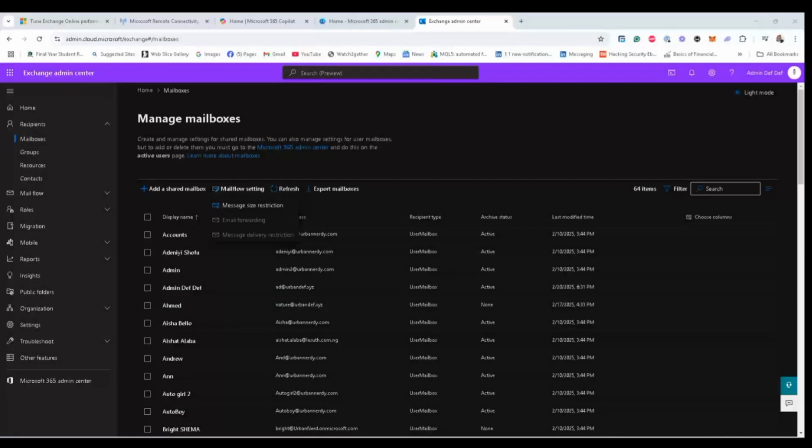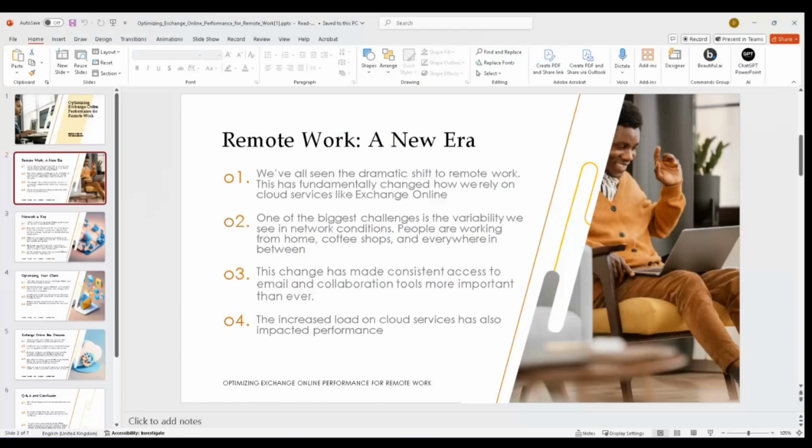Can you guys see my screen? It's loading. Yeah, man. Yes, I can see your screen. Okay, so